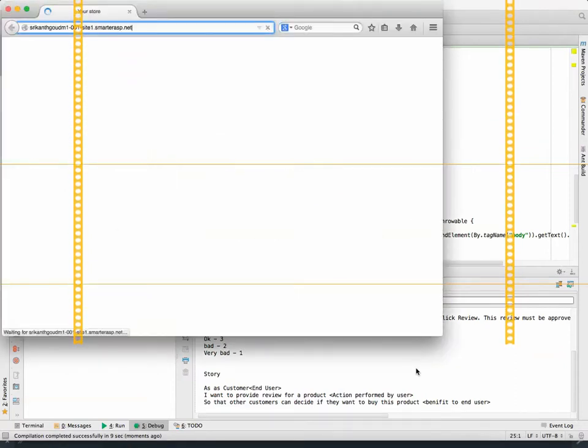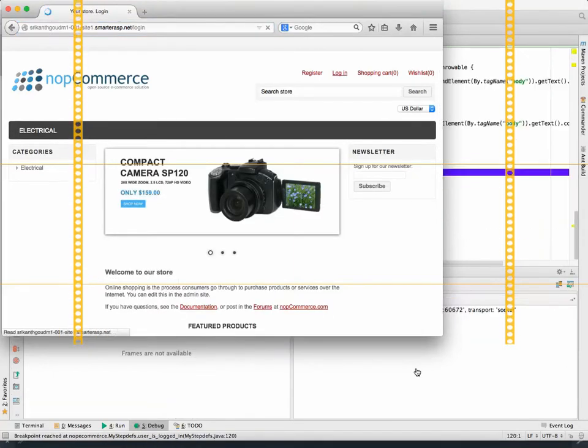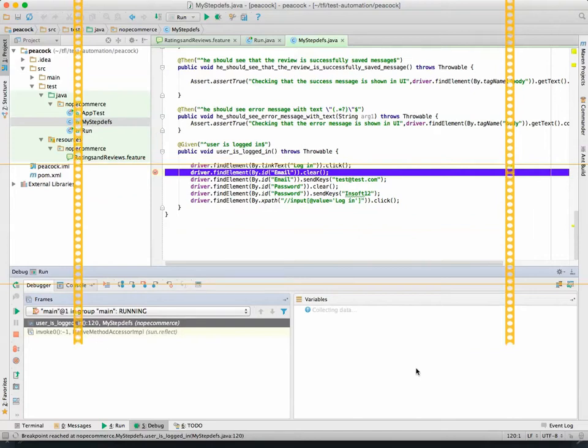Okay, guys. Today I demoed how to automate without seeing a UI, just for demo and interview purposes. For you, what are the stories that you have? Write feature files, and straight away go and automate it.